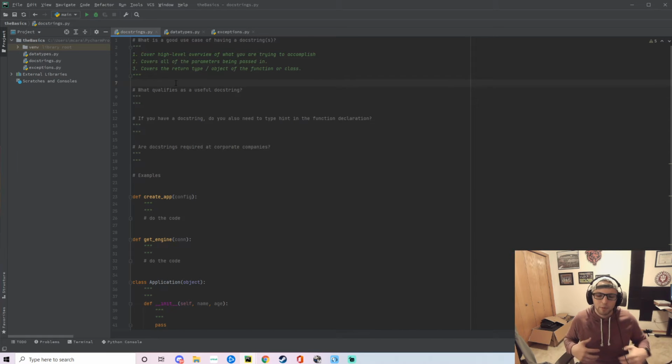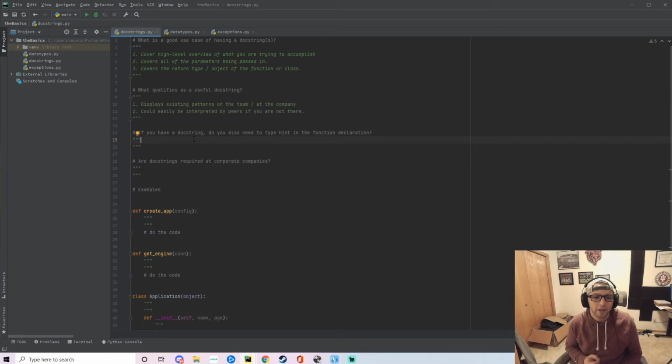So I'm a big proponent of patterns. If something is patterned in code, don't shy away from pattern. In a perfect world, we'd all code the exact same way, and we'd be able to just contribute without any type of pushback. So what qualifies as a useful docstring is one where any one of the engineers on your team can come in and say, yes, this is exactly how I would have written it, and that's how you develop code that is sustainable for a very long shelf life.